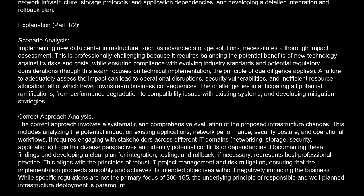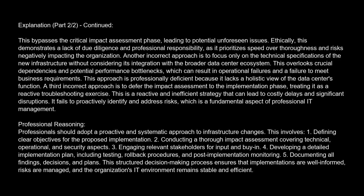Incorrect approaches analysis. One incorrect approach is to proceed with implementation based solely on vendor claims or a limited understanding of the existing environment. This bypasses the critical impact assessment phase, leading to potential unforeseen issues. Ethically, this demonstrates a lack of due diligence and professional responsibility, as it prioritizes speed over thoroughness and risks negatively